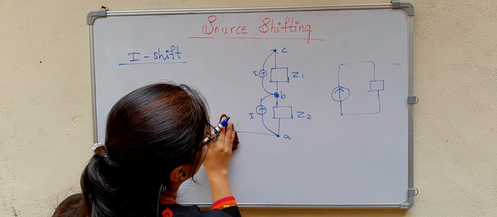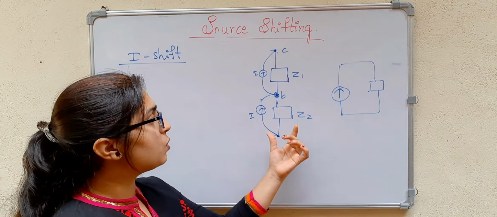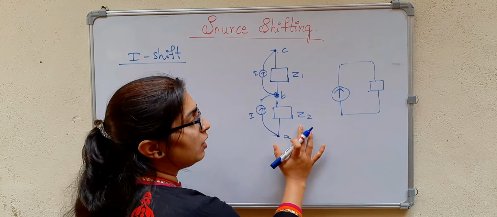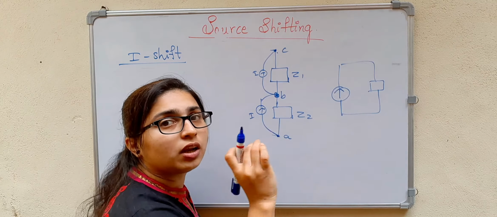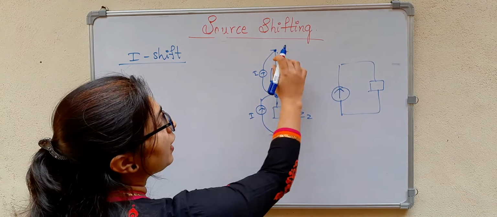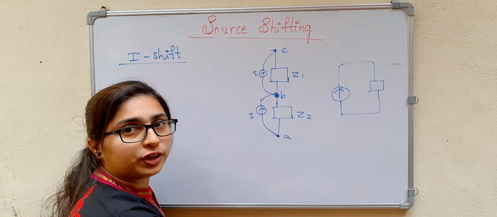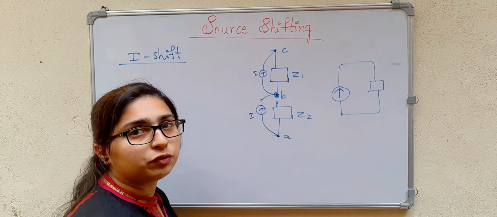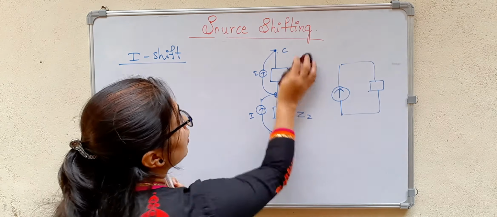So now I can remove this current source. So this is equivalent. Okay, current source in parallel with the impedance, current source in parallel with the impedance. So the current at a particular node is not affected in this case. Okay, so now I can transform this into voltage source, this also into voltage source, and then I can find the equivalent voltage source and the resistance which is in series with it.